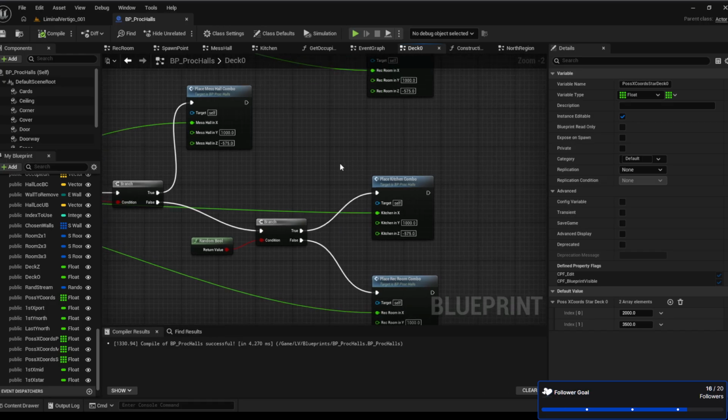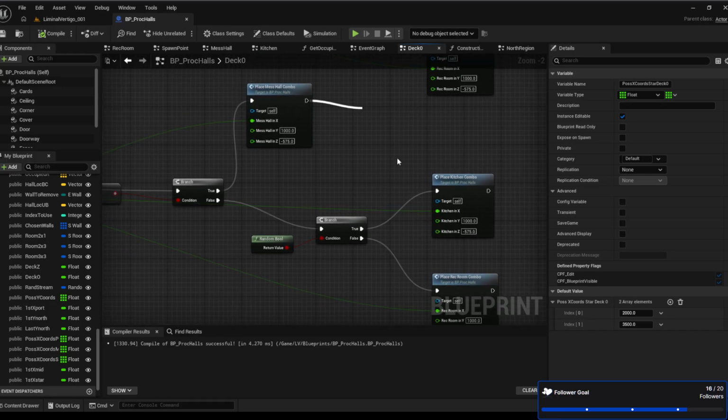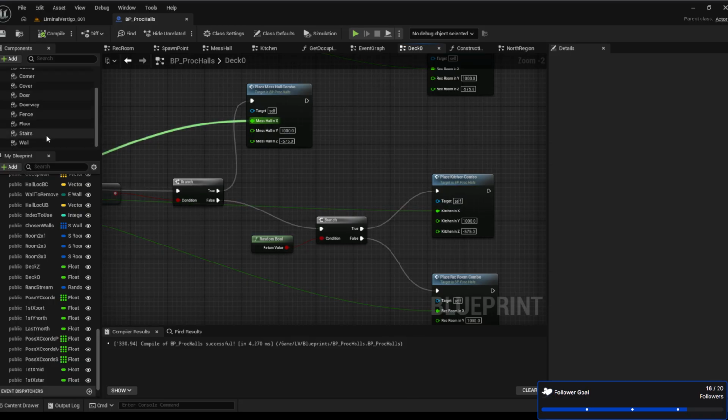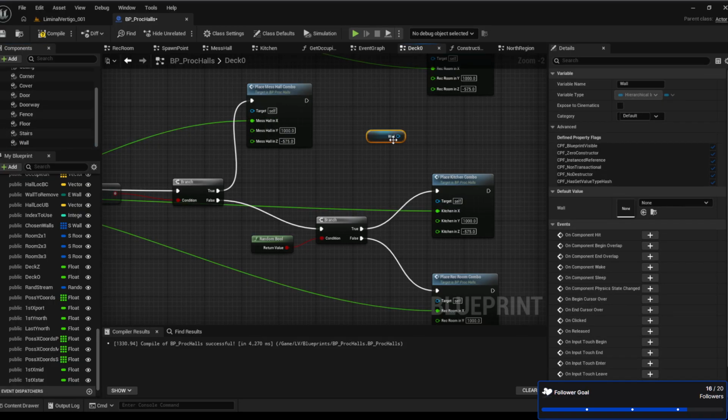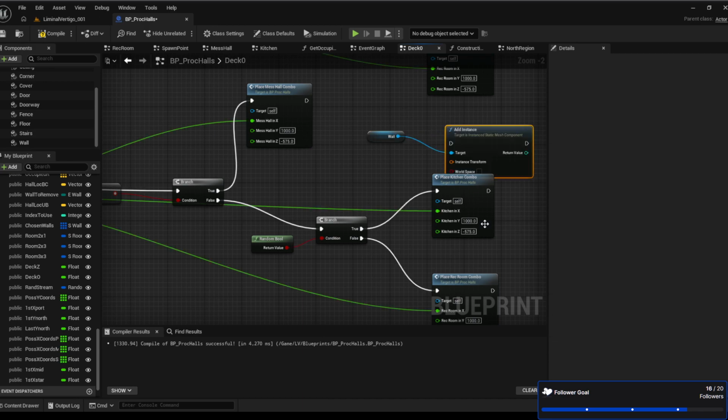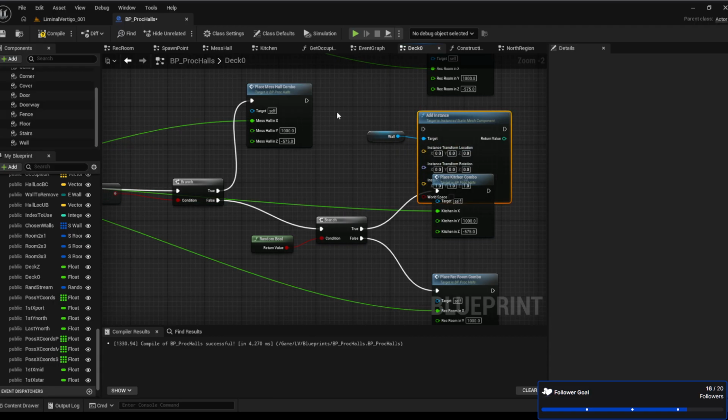So, we say add instance. Grab a wall. Add instance. Oh, it's still the same thing. We want an instance static mesh. And we want to make sure that